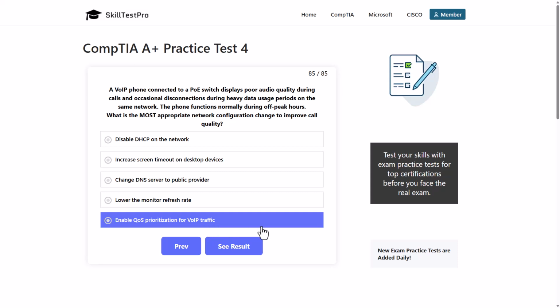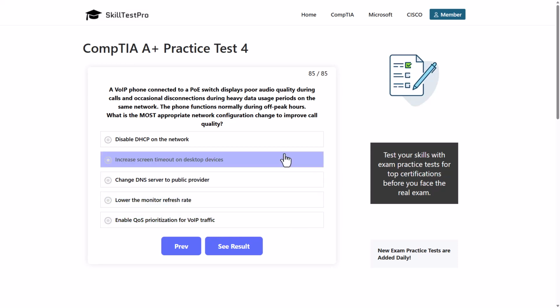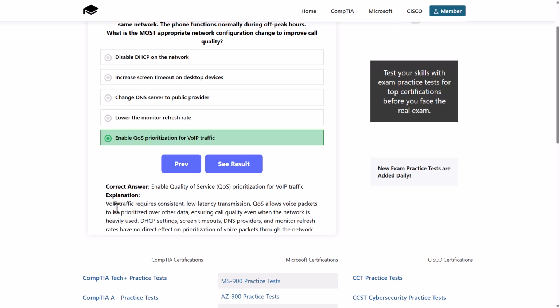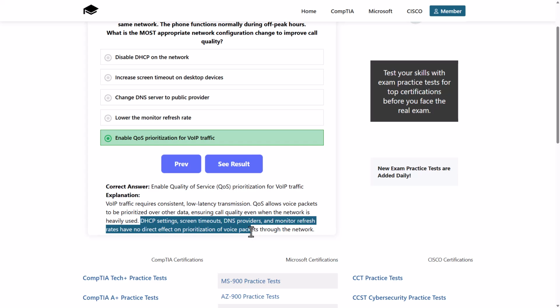prioritization for VoIP traffic. And here the correct answer would be to enable QoS, or quality of service, prioritization for VoIP traffic, as VoIP traffic requires consistent, low latency transmission. QoS allows voice packets to be prioritized over other data, ensuring call quality even when the network is heavily used. DHCP settings, screen timeouts, DNS providers and monitor refresh rates have no direct effect on prioritization of voice packets through